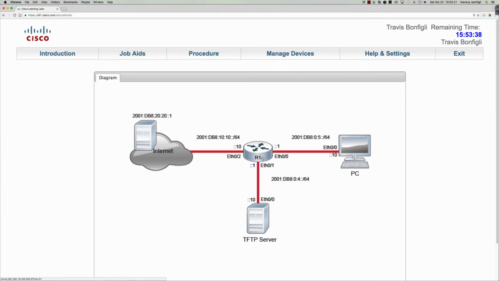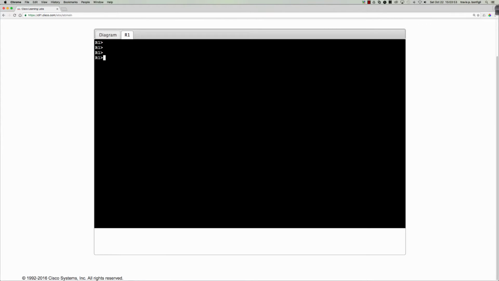So as you can see, our topology is pretty straightforward. Step one, we simply need to assign router 1 with the provider assigned address, right? So in other words, this is not provider independent, it is provider aggregatable. In other words, the provider owns the IP address space, and so therefore they are assigning the address to us. And then you can see right here, it's going to be 2001:DB8:1010::10/64. So let's go ahead and jump onto router 1 here, and let's get into global config, and let's say